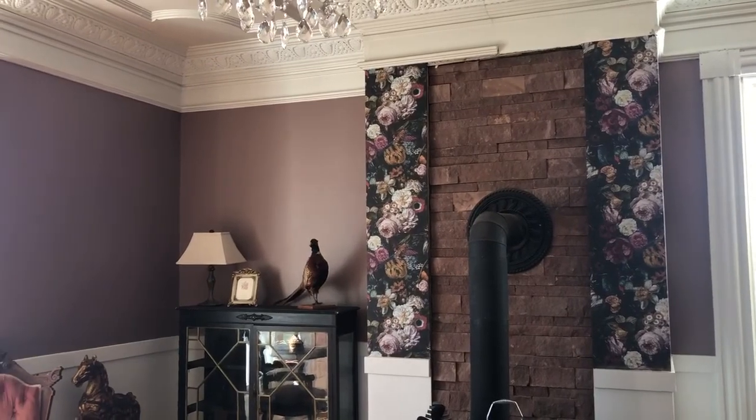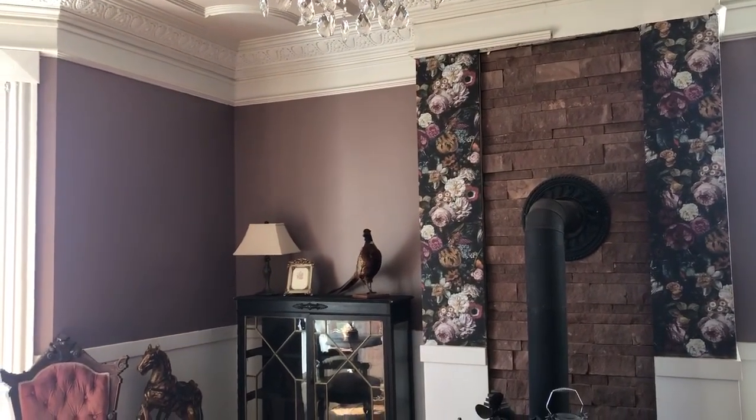And the great thing about using this color is it really ties into the music room. The music room has got that kind of sulking pink on the wall, and I don't want the rooms to feel the same. I want them to have their own character, but I do want them to tie together. So they kind of work together as a whole room, even though each side has its own character and personality